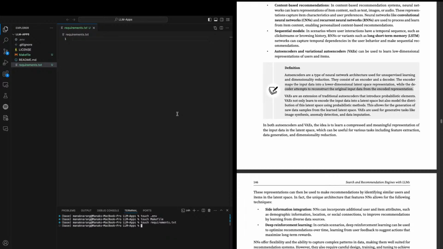Does Mistral have a CLI? Let's see if it does, because I'll put that up. Mistral AI CLI.